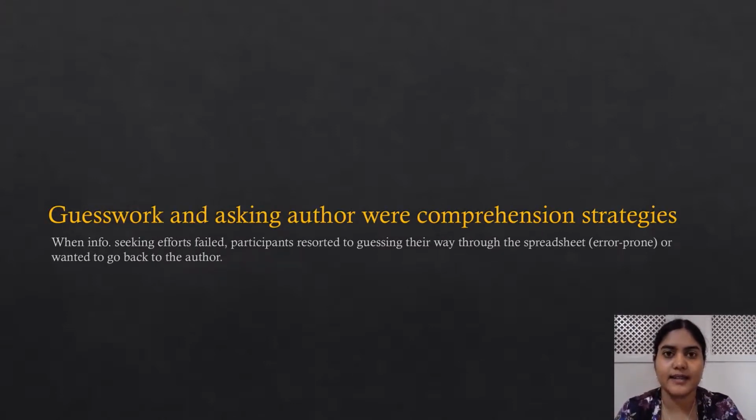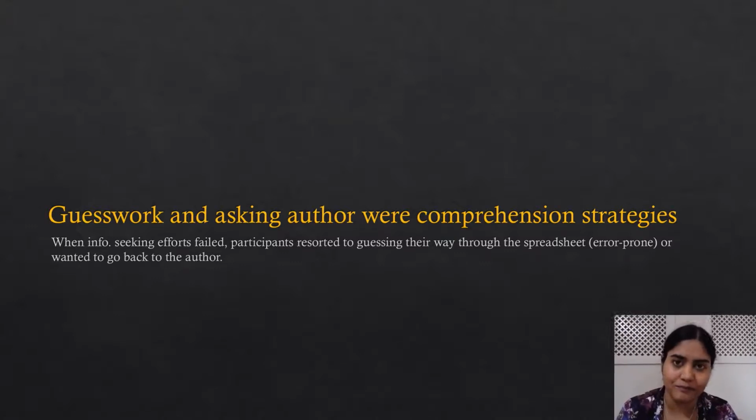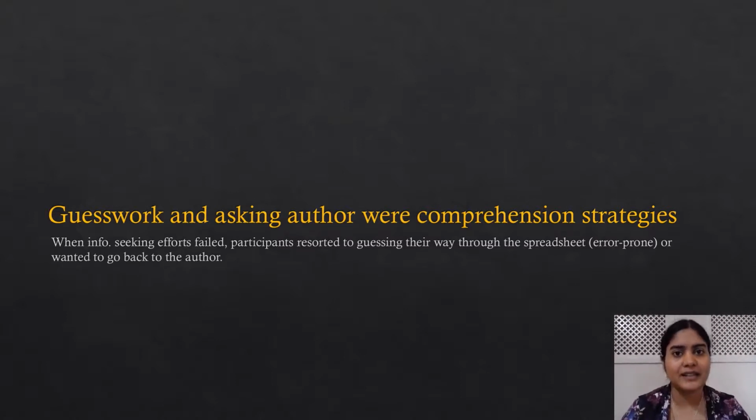The third thing is about guessing and going back to the author. A lot of the time, when people were looking for information to understand the spreadsheet, they did not always find them. And so they resorted to guessing how the spreadsheet worked. Sometimes they framed hypotheses and they were able to test them in some form. For example, I think this is how it is calculated, and then they would try it out, see if the numbers match, and then that would work. But other times they were not able to do that, and so they just went on with unverified guesses. So such guesses are a problem. They could be incorrect, and the comprehension could be incorrect too.